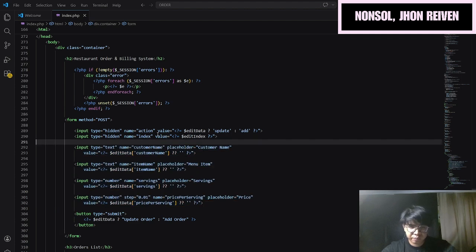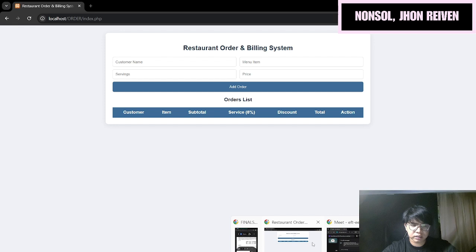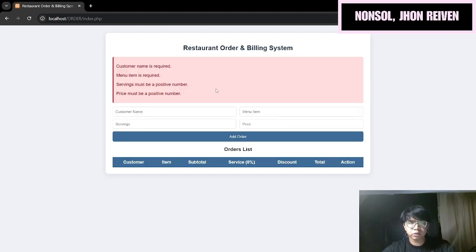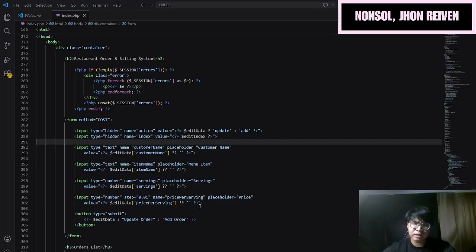For example, if the user did not input some value, an error will pop up in order for them to realize which items are blank or do not have a value. So with that, let's proceed to this.